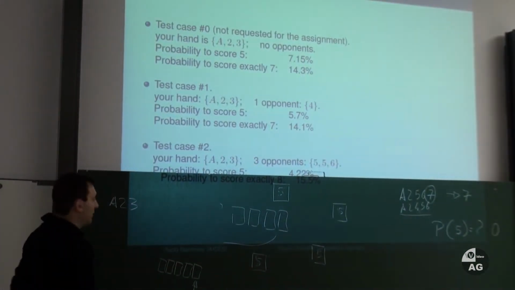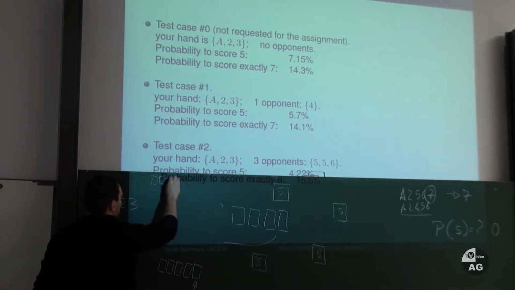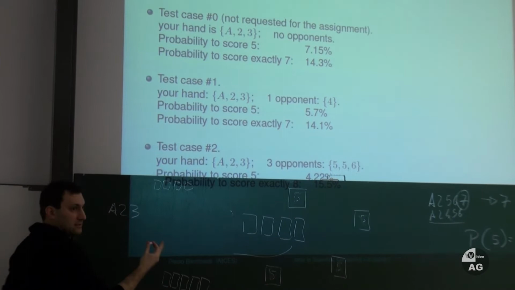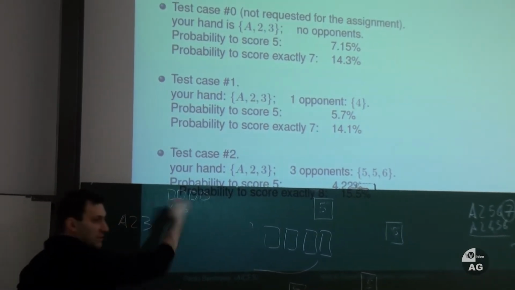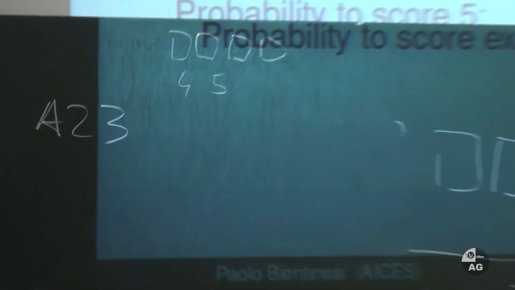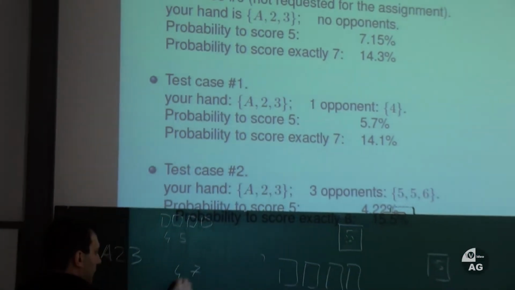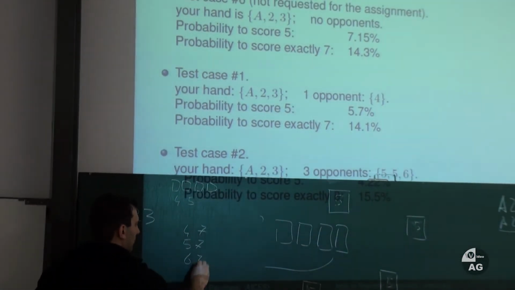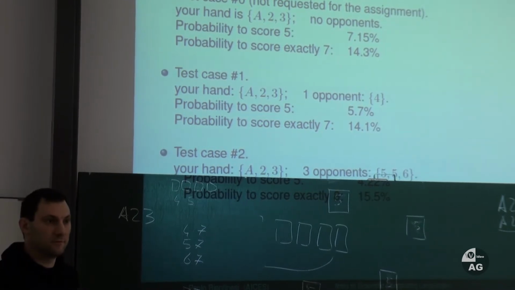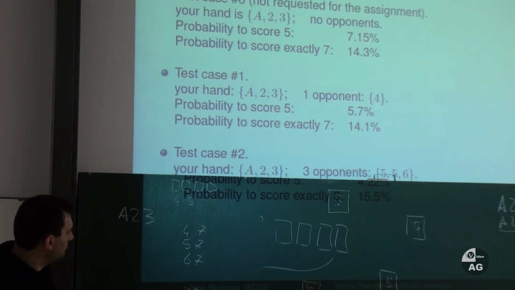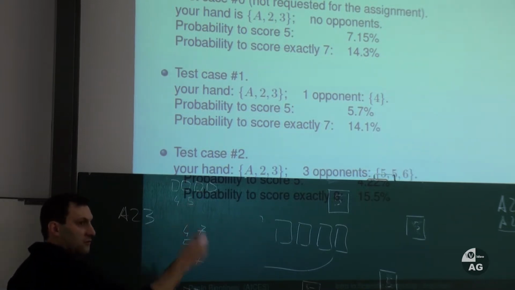Okay, the probability to get a 5 means that in the remaining 4 cards, you must have a 4 and a 5 in whatever order. In order to get a 7, you can have a 4 and 7, a 5 and 7, or a 6 and 7. Right? Actually, it's a little bit more than that. Can you find a bug already? We have to consider suits because there are 4 possible 4s and 4 possible 7s that can be dealt. Absolutely, yes. So there are 4 4s, 4 5s, and so on, sure.